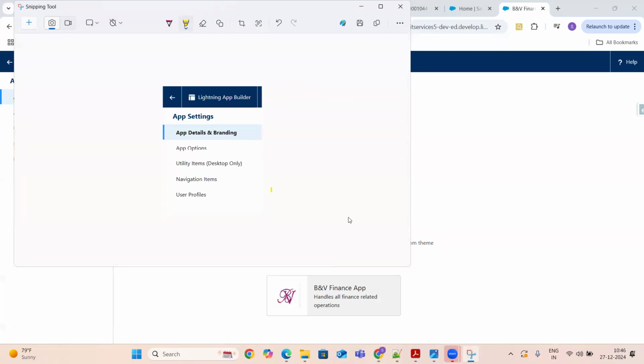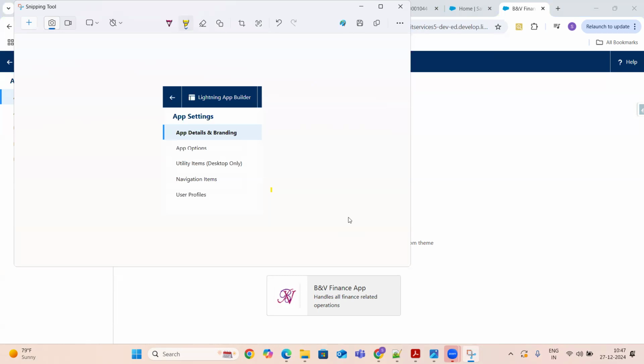So, what is the application? Application is the one where we give the app details and branding. This is nothing but the name and logo. And then app options, which is nothing but the standard or console. And the utility items, which is nothing but the shortcut items that we need to use in our application. And navigation items, nothing but the tabs.